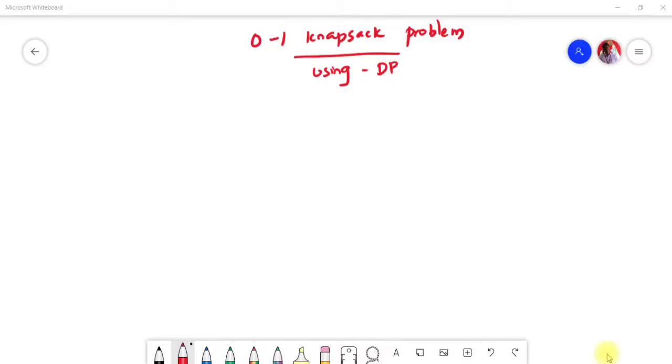So let me start. What are the given details for the 01 knapsack problem? They are very simple. The given details are first the weight of the item, second the value for the same, and the knapsack capacity.